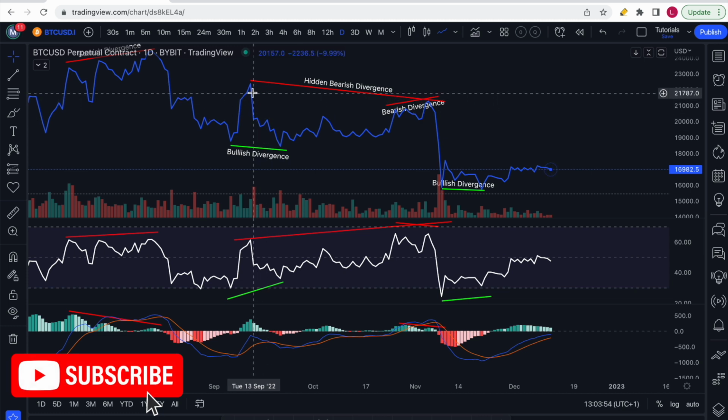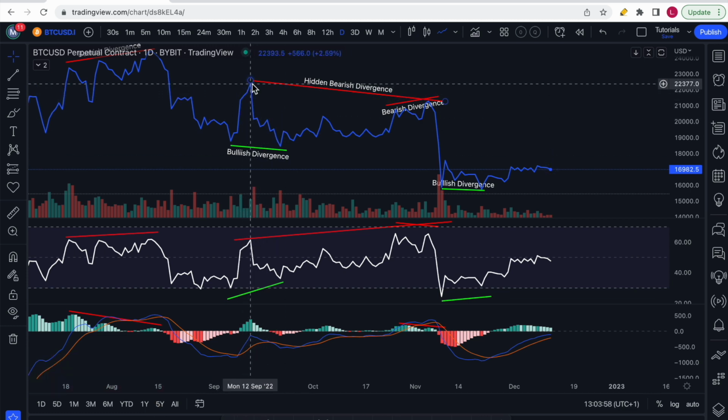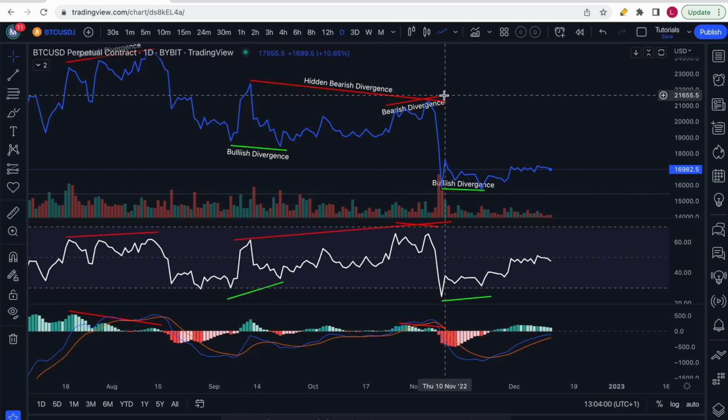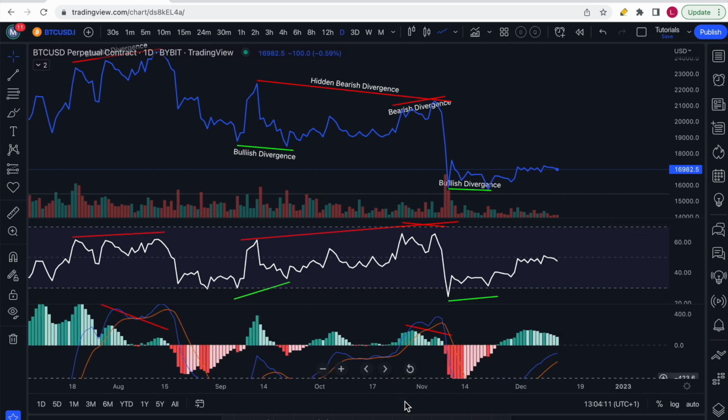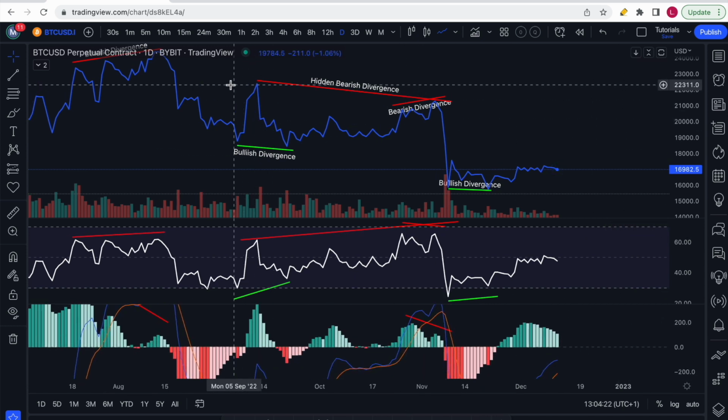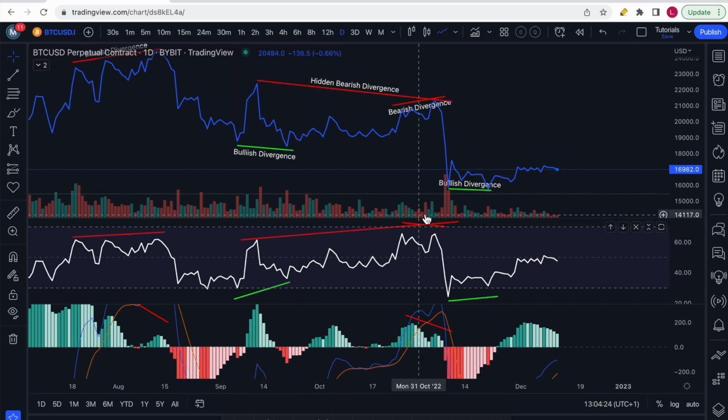And next example is a large hidden bearish divergence. As you can see over here, the price action is going down, but over here on the RSI you can see that this is going up. You can see it clearly. Price action going down, price action going up, and after that a big drop. And this was also a double bearish divergence confirmation, because over the longer period we have the hidden bearish divergence,